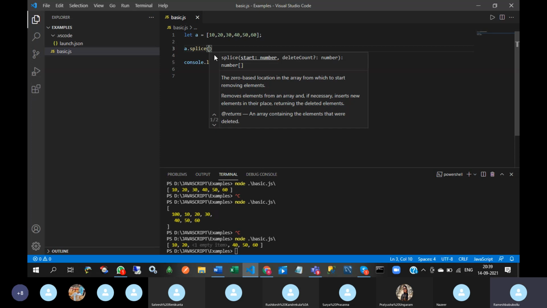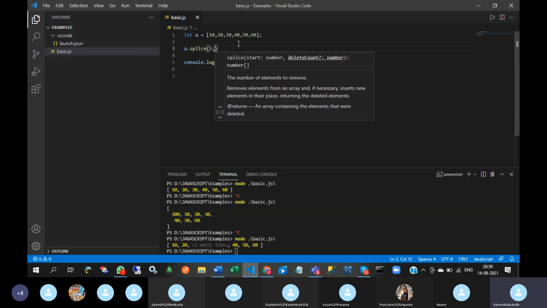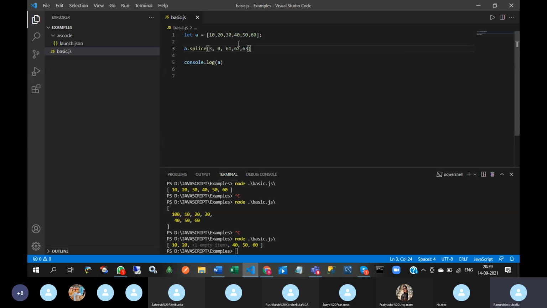Okay, so start number is 0, 1, 2, 3, 3. Delete count, I don't want to delete any elements, and I want to insert some elements like 61, 62, 63.